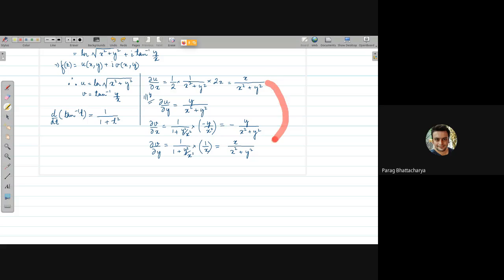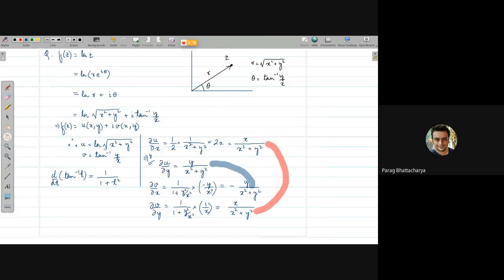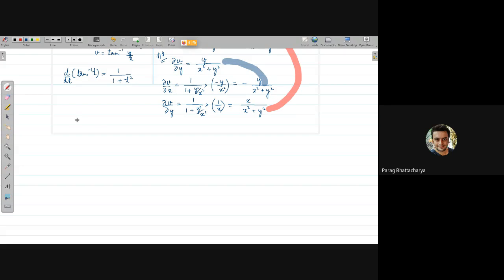Dou u by dou x is equal to this, and this is equal to the negative of this. Okay, so the Cauchy-Riemann conditions are satisfied. So if the Cauchy-Riemann conditions are satisfied, therefore the Cauchy-Riemann conditions are satisfied,